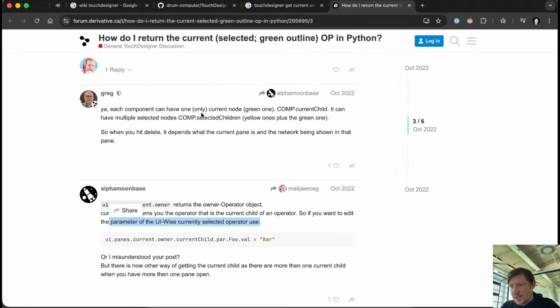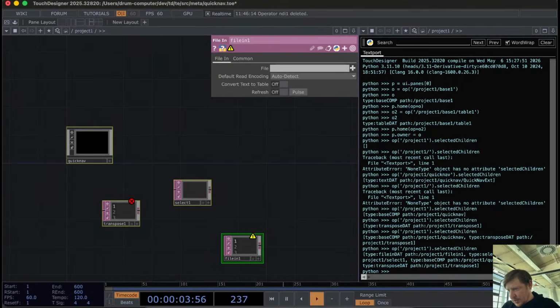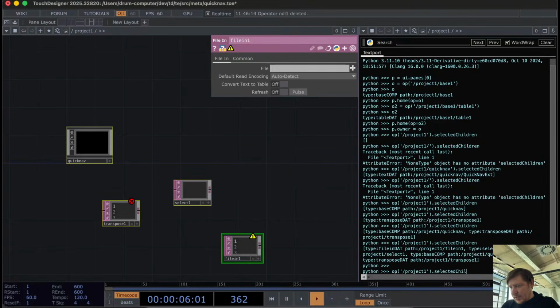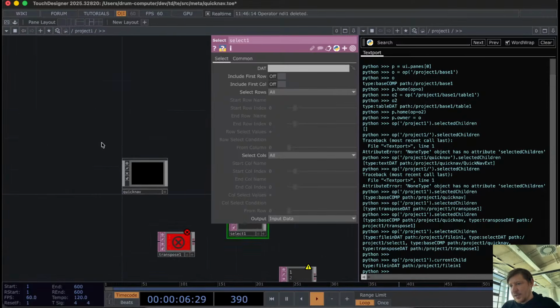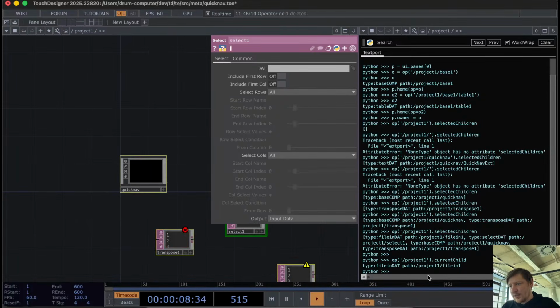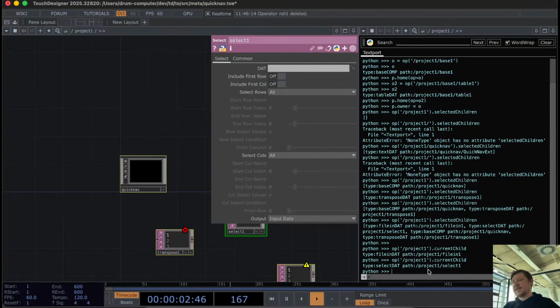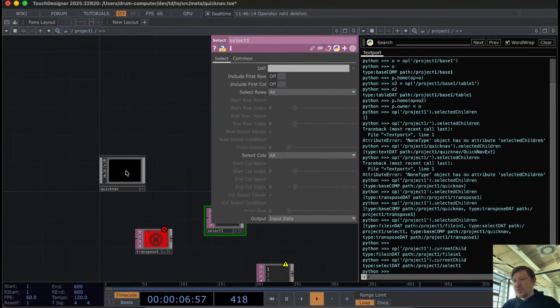A current child and selected children. Wait, I'm using selected children. And I need to use current child, I guess. Current child. Yes, nice. So let me try it again. I have select 1 now selected. Yes, super. So, what we're gonna do